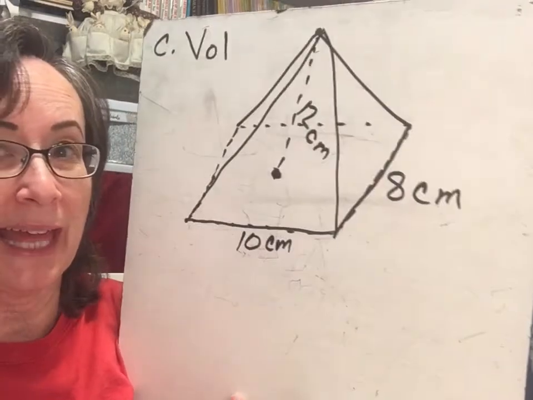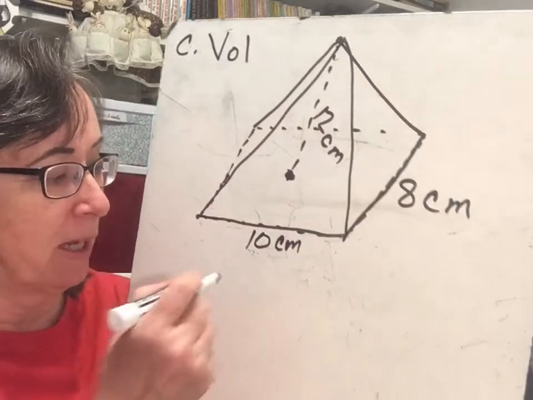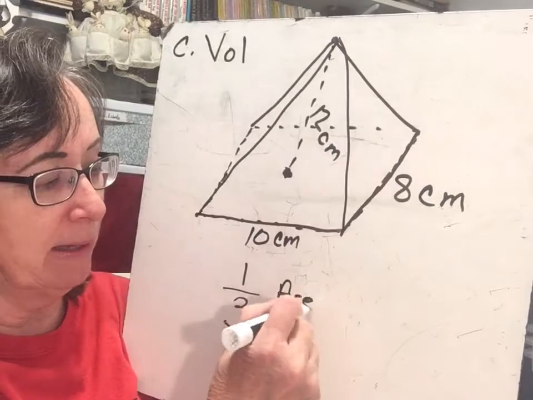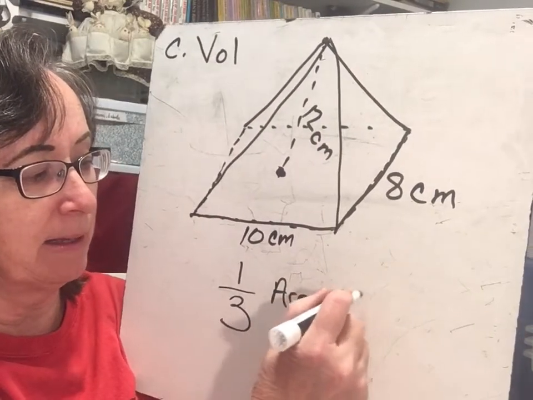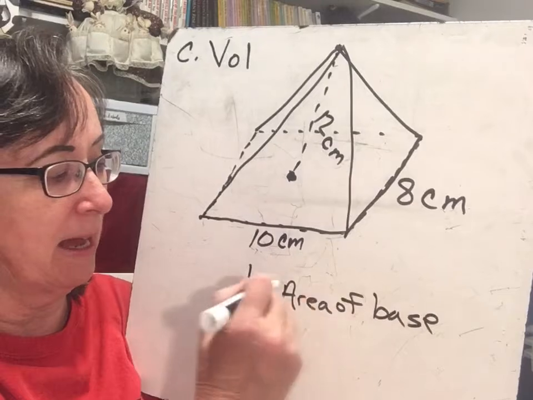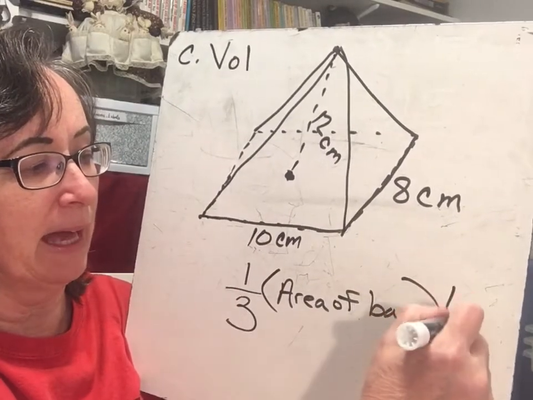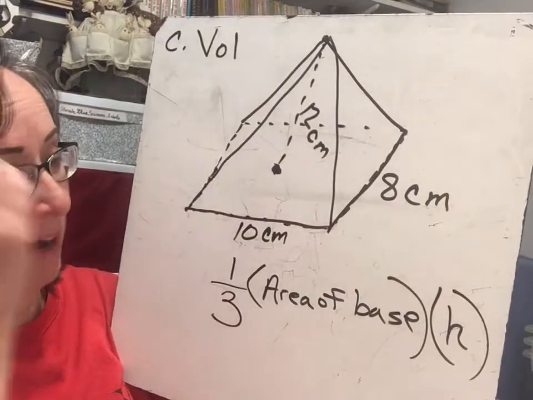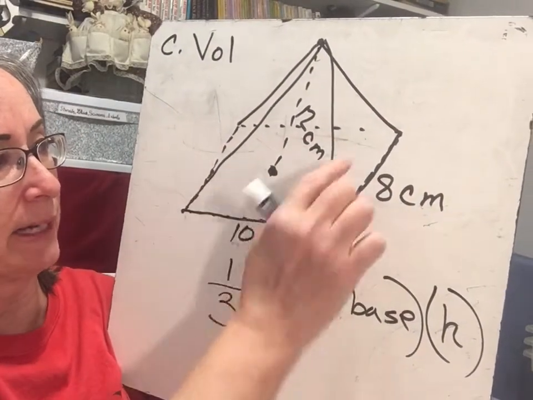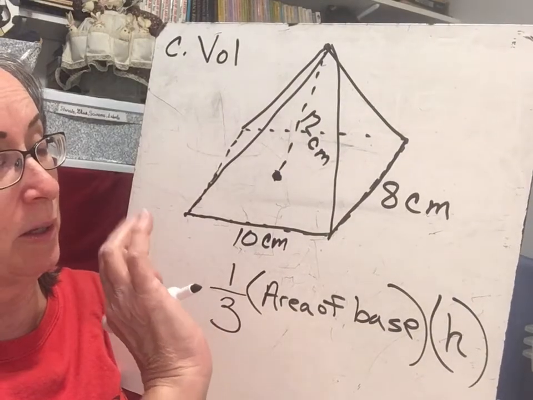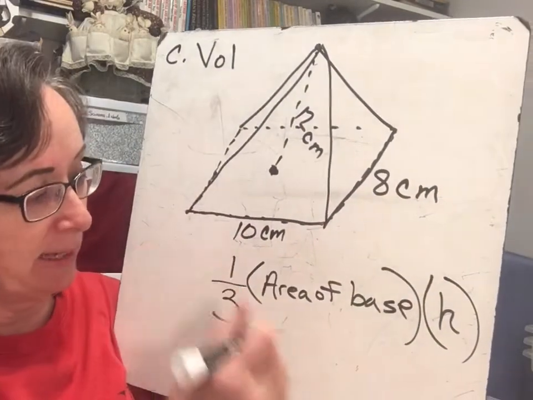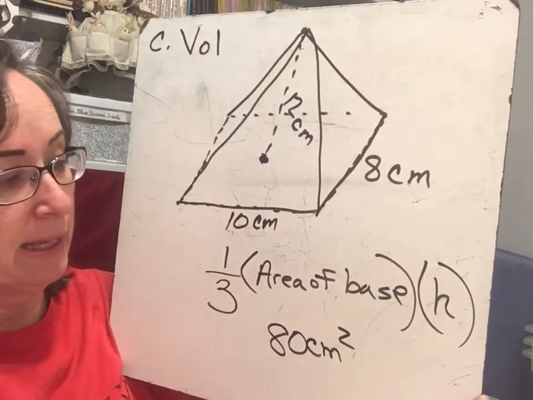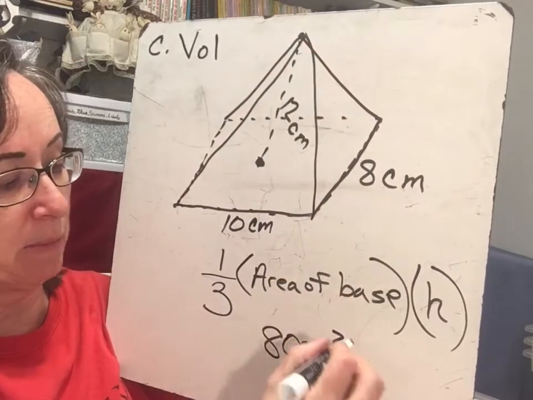So remember that a pyramid has a formula: 1/3 times the area of the base times the height. Now the height is the same as the altitude. So the area of the base, since this rectangle here doesn't really look like a rectangle, but it's supposed to be, is 8 times 10. So 8 times 10 is 80 centimeters squared. And then the height is 12 centimeters